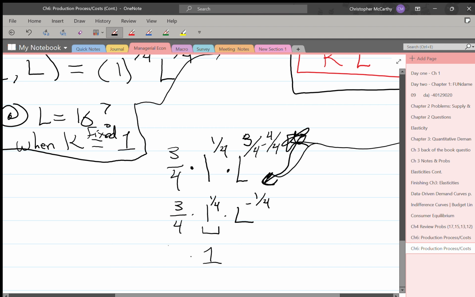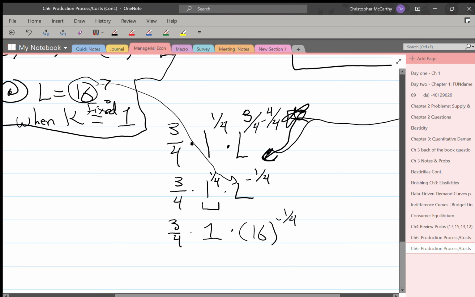So this is 1 times 3/4 times, and then we're told L is equal to 16, so now we're going to go ahead and plug that in there. 16 to the negative 1/4. Now 16 to the negative 1/4, anytime we have something to the negative power, the easiest thing to do, and 3/4 times 1 is just 3/4, right? So this ends up being